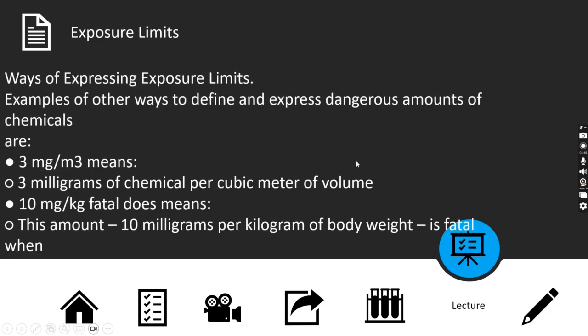Exposure limits. You're going to have exposure limits, and those are listed in the SDS. The way that they're listed, 3 milligrams per cubic meter means that there's 3 milligrams per cubic meter of volume for the room. And that would be an exposure limit. If you're consuming this in any way, even if it means breathing it in, 10 milligrams per kilogram fatal, which isn't for everything, this is just an example. This means for every 10 milligrams per kilogram of body weight,